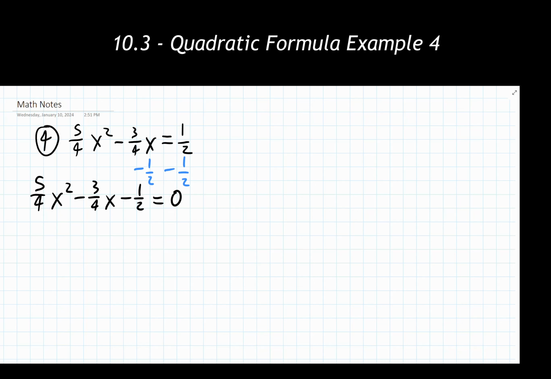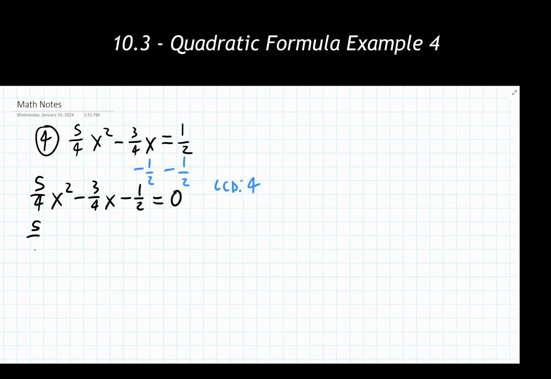As listed in the note that was attached to step 1 in our process, we can scale the coefficients up or down to eliminate fractions or decimals or anything like that in the problem. Best way to do that is we need to determine what is the lowest common denominator between every single fraction in this problem. And it turns out for this problem, the lowest common denominator is going to be 4.